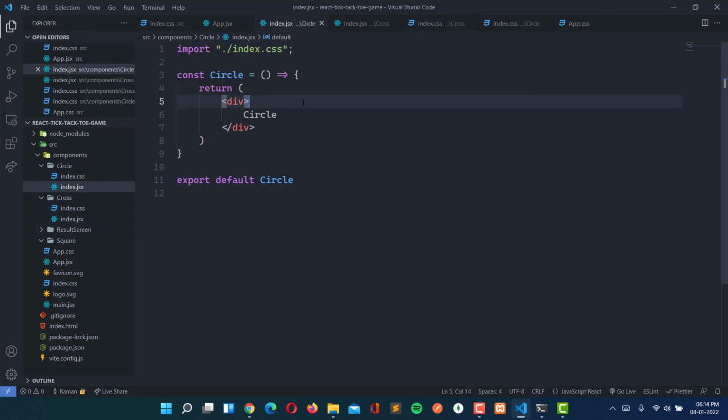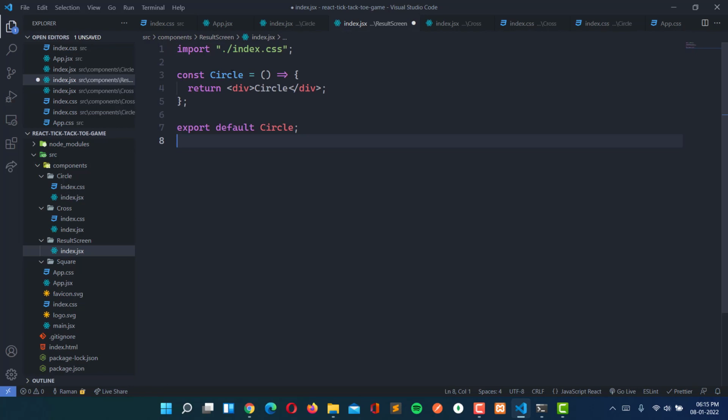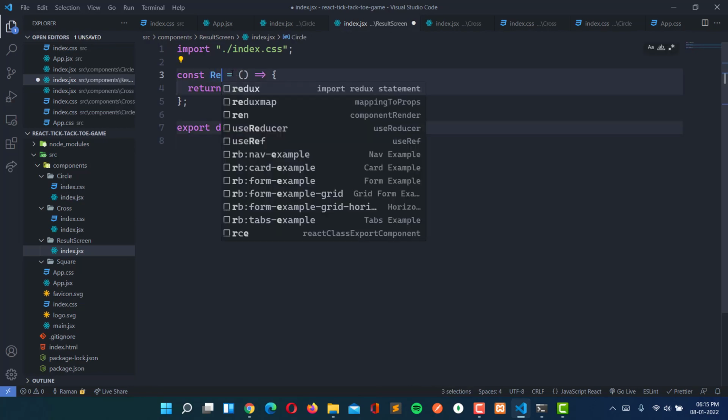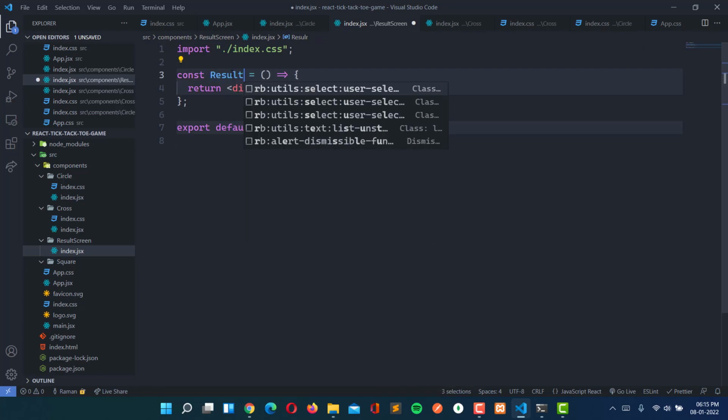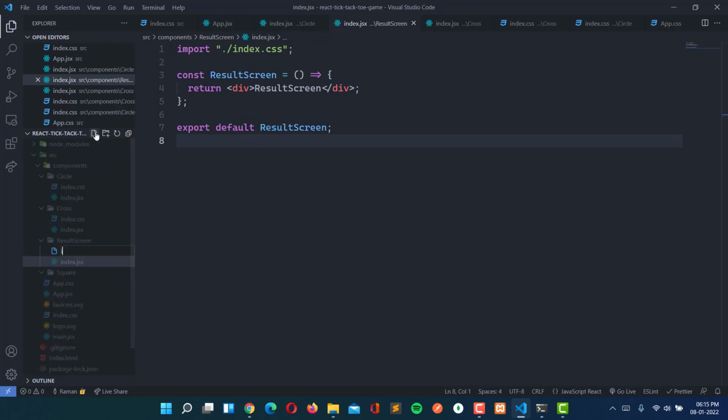And then I'm going to copy this again, and we will go for the result screen, and here let's create our index.jsx, and here will be same, and instead of circle we will write result screen. So just save this, and here we need index.css